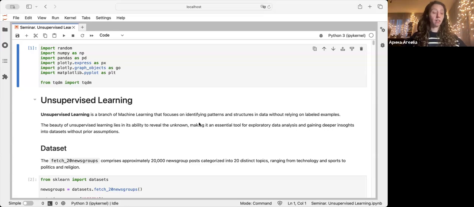But yes, in the general case, we have unlabeled data, and we try to cluster this data into different